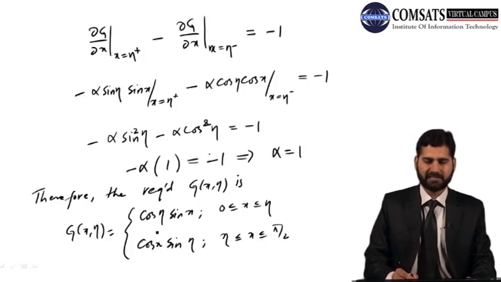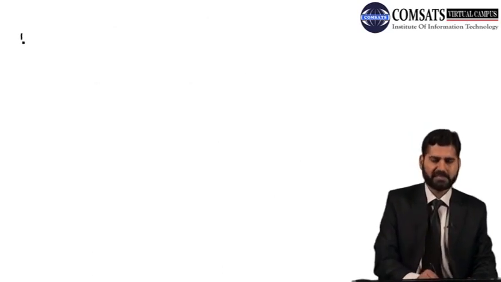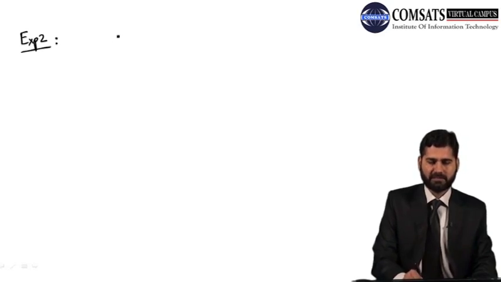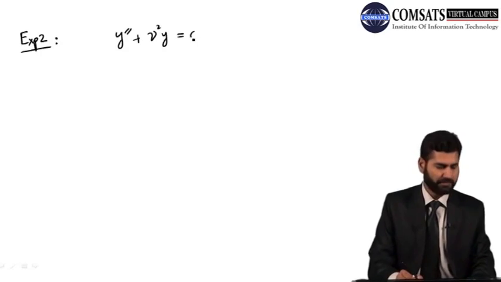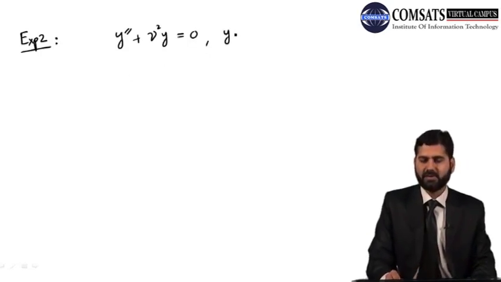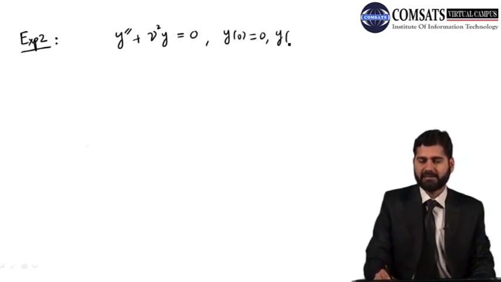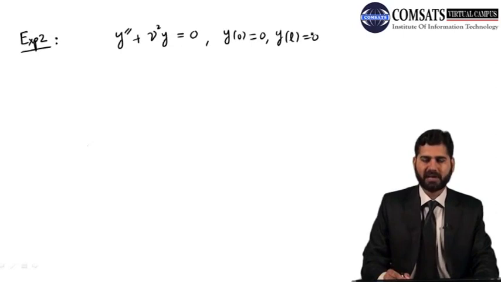So let's see another example, which is stated on that slide. It's y double prime plus nu square y is equal to 0, with y at 0 equal to 0 and y at L equal to 0. So again, to obtain the Green's function,